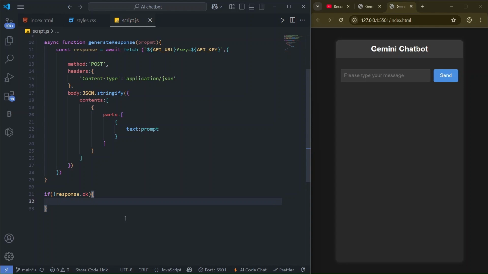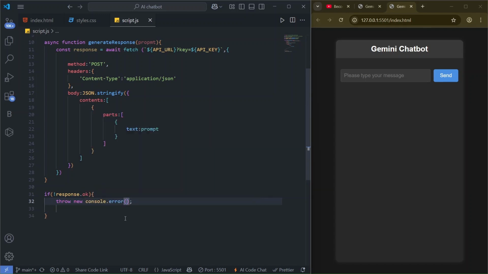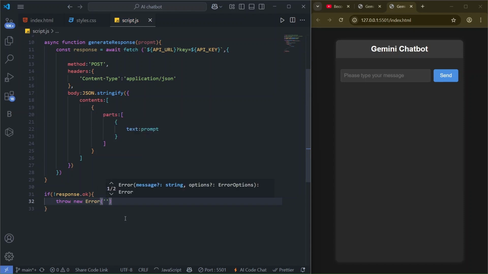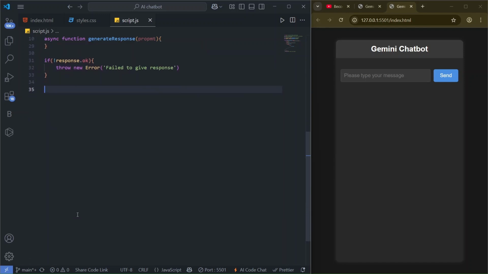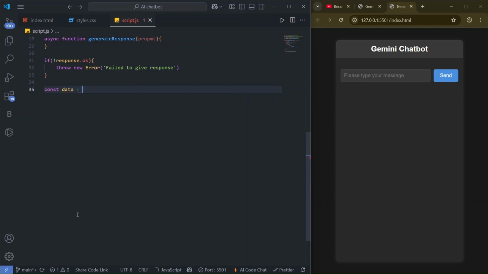What will we do at that time? We will throw an error, throw new Error, and in this write something like "Failed to give response". So it will give an error when the Gemini API is unable to give the response, and if we get the response we will store it in a const